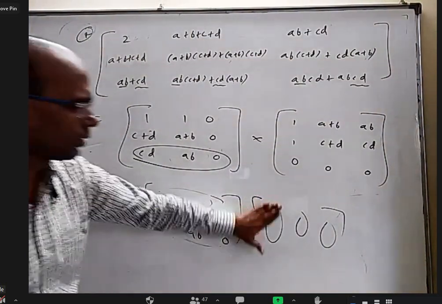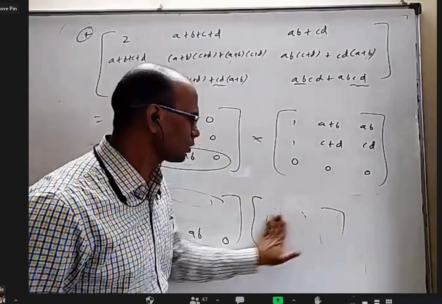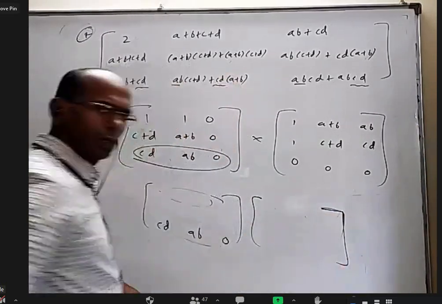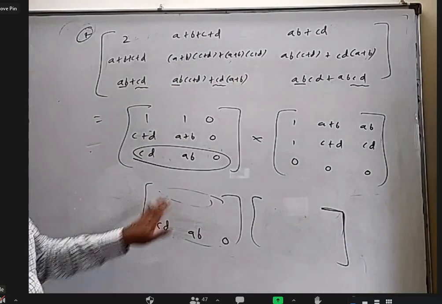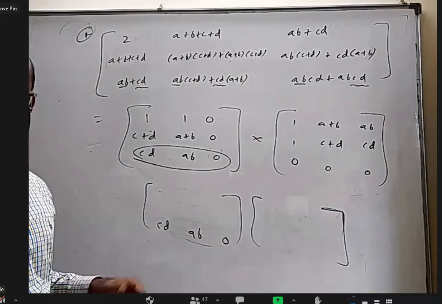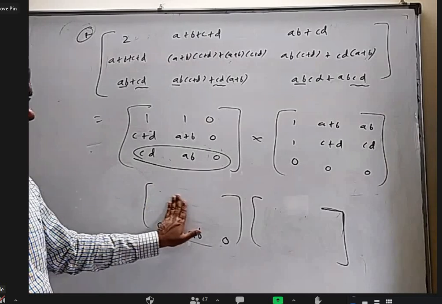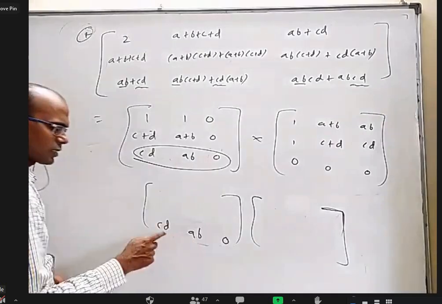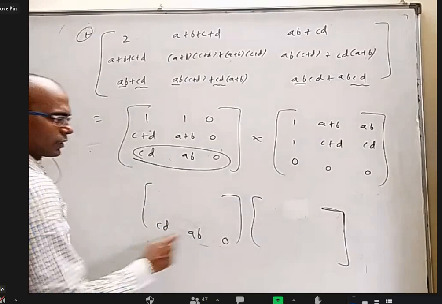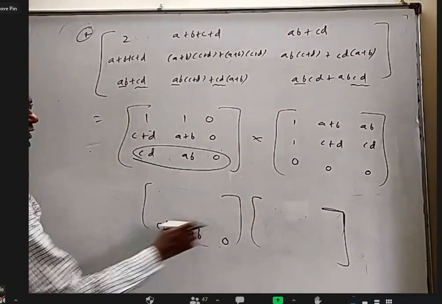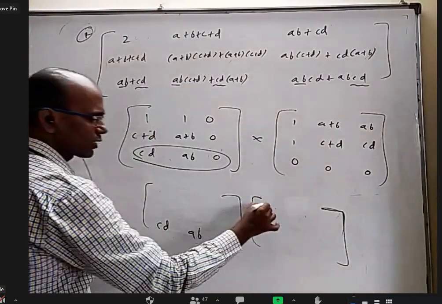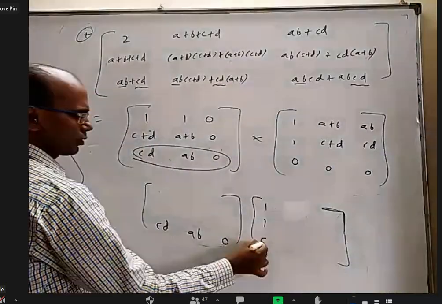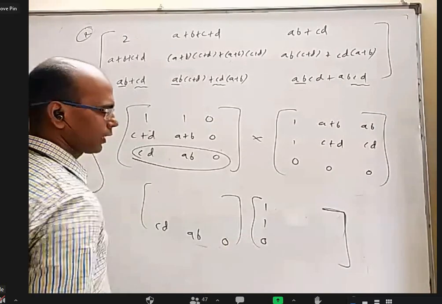If somebody has a doubt about how to write this answer, is this third row okay or any objection? Okay, sir. Himabindu, you are there in the class? Yes, sir. You are able to follow? Yes, sir. Okay, fine. So once you know the third row as CD, AB and 0, with this you can tell the first row. CD into what should come? Only CD, so I should write 1. AB into what should come? Nothing, so 1. And 0, here you can write anything.